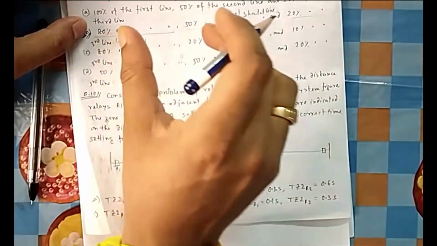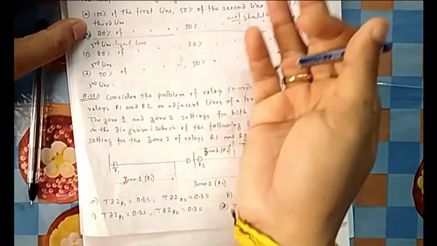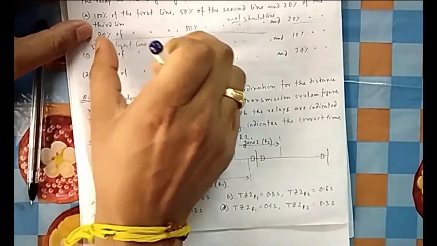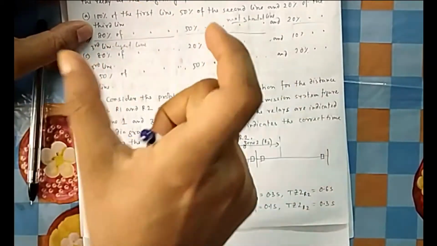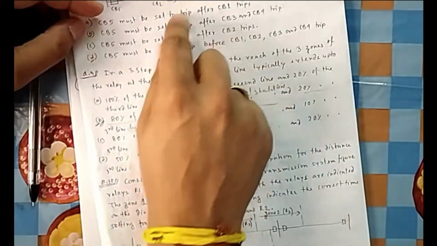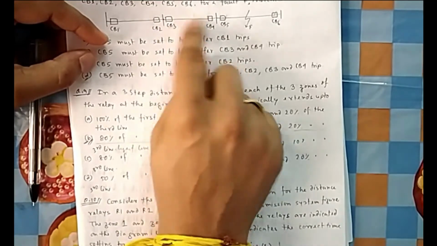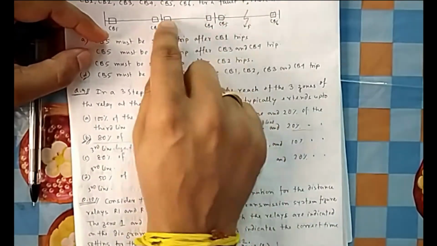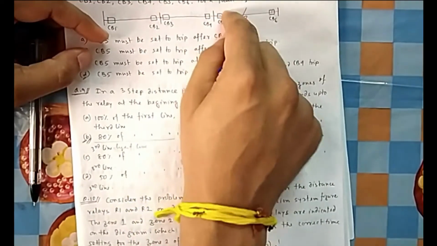This is done to take care of this underreach overreach property. That means my relay should not underreach, relay should not overreach, because if you set for 100%, it is not sure that it will sense 100%, but there will be CT error, PT error, due to which this line impedance, what you are setting, is not always fixed. It depends on lots of factors. So this will change. If this changes, then the relay may sense beyond its range. If it is set to sense this one, it will sense fault for this one also.